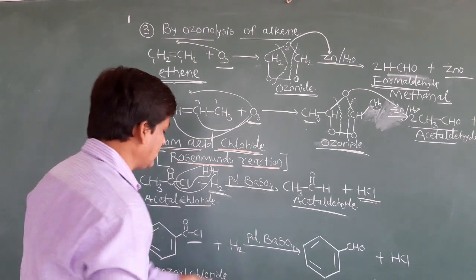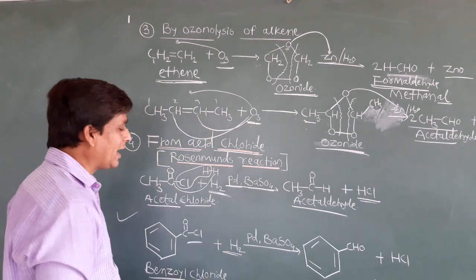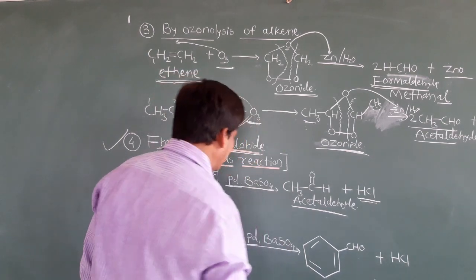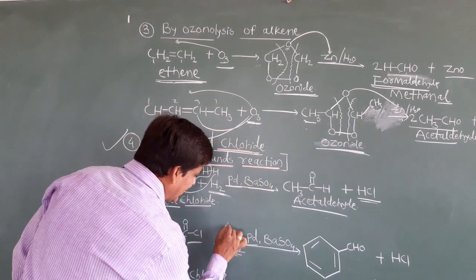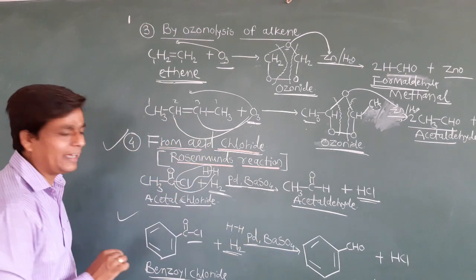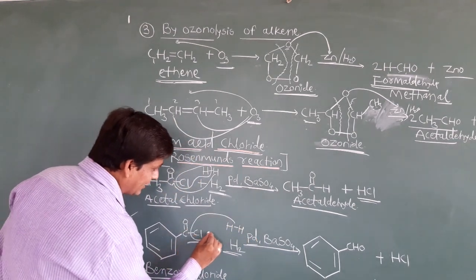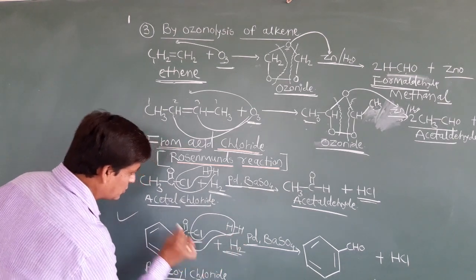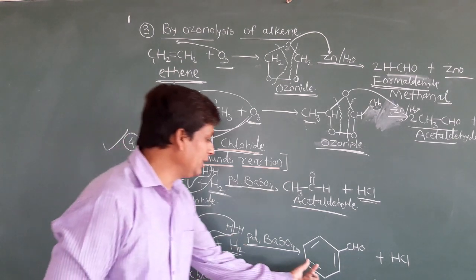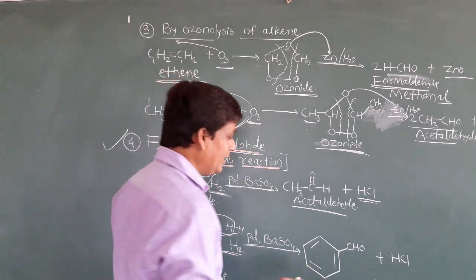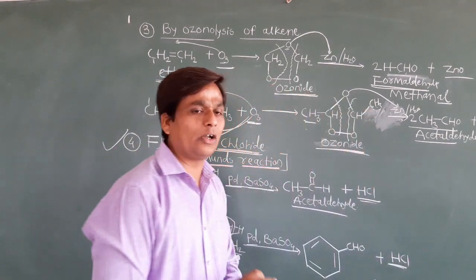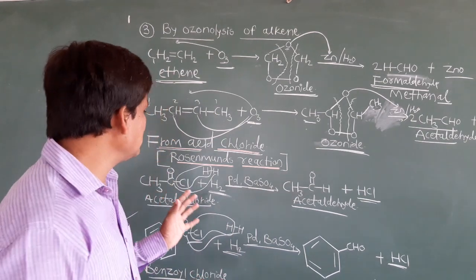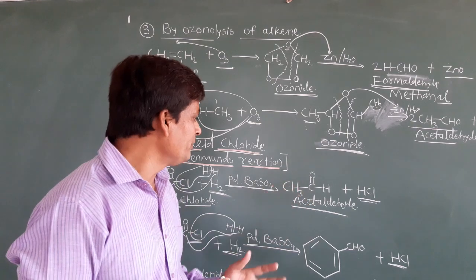It undergoes reduction. H2, meaning 2 hydrogens, are added in presence of palladium and barium sulfate. These are the strong reducing agents. So what happened? H2 means H-H, 2 hydrogens are there. So HCl will be removed, like this H and this Cl. HCl is removed, and the remaining hydrogen is going to attach to this carbon. So simply here we will get benzaldehyde, and HCl is removed as the byproduct. Now clear, students? Rosenmund reduction. It is a very important reaction. So simply it undergoes reduction and we will get aldehydes.